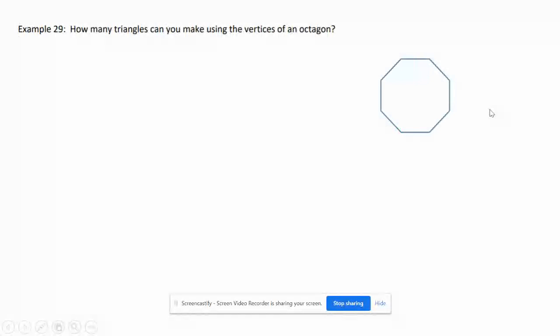Okay, how many triangles can you make using the vertices of an octagon? Okay, so guys, you don't need to do this level of detail for every question, but what I'm going to do over here is just label all the vertices of this octagon. The reason why I did this is, say I draw this triangle here